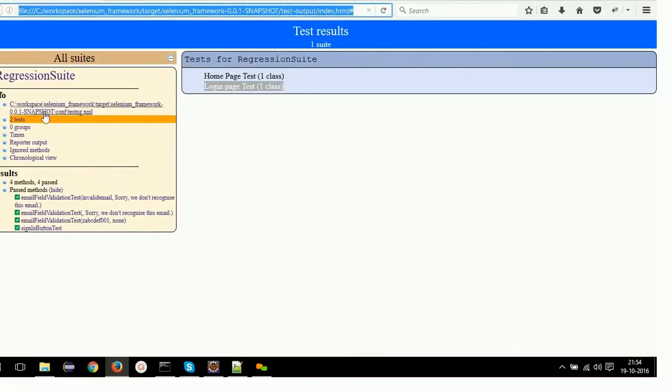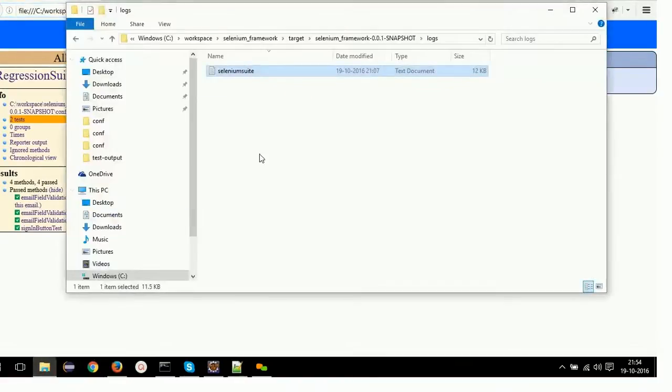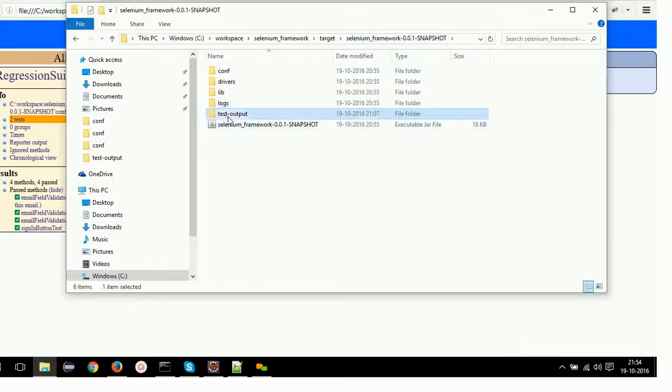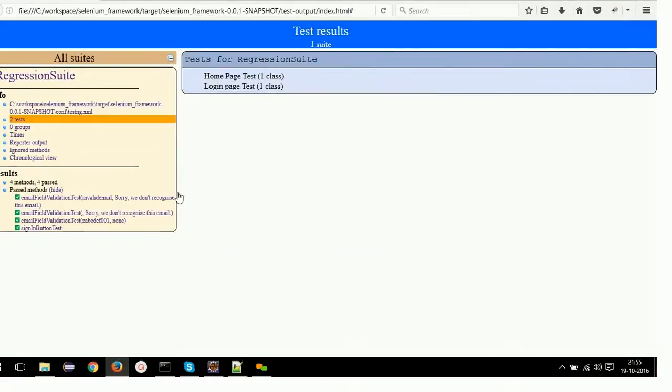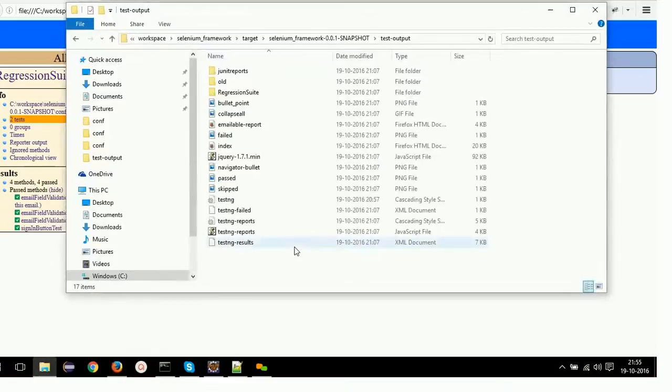This is default, and that folder will be found in test output. You'll have this index.html. You can simply write some code to go to this folder and copy this and email this index.html file to all, so that when they open, they'll see like this. But if you want to write even more beautifully, if you want to put that in an Excel file or any text file, or put it in a proper way and send,